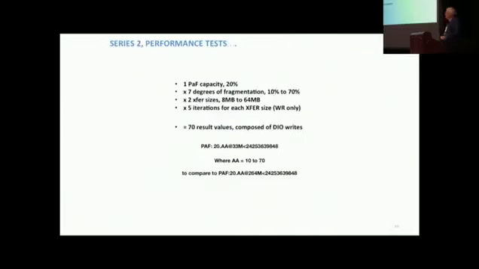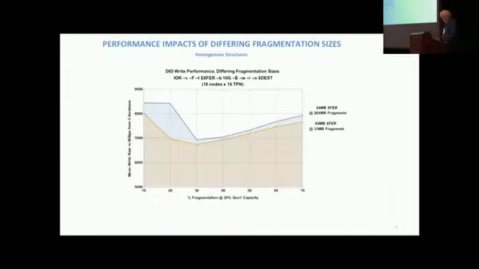So we looked at Series 2. We keep everything constant, but we vary the fragment size. The file size we change in the directory structures we're creating, and then we remove them. So in this case, we would go to using a 33 megabyte file size. And here you see the same line that you saw before,